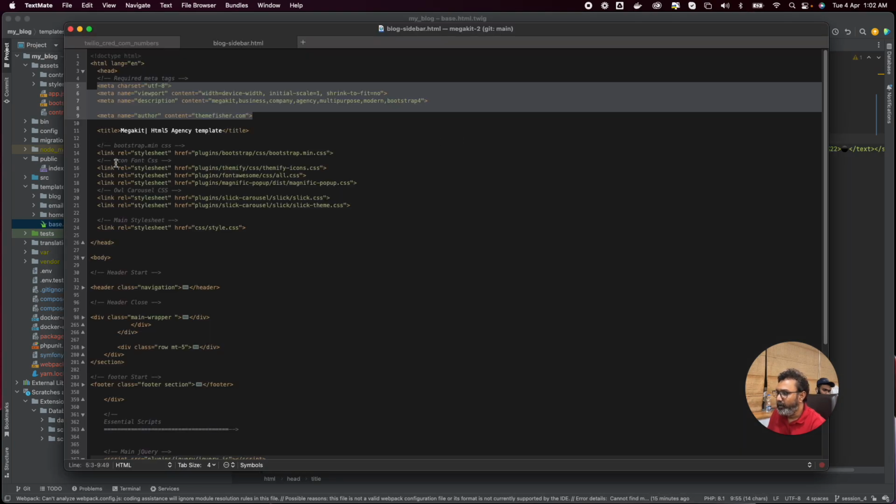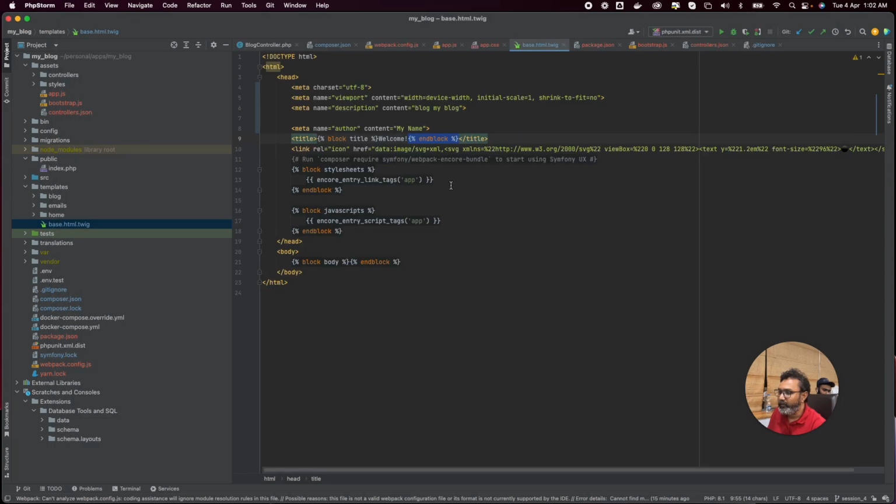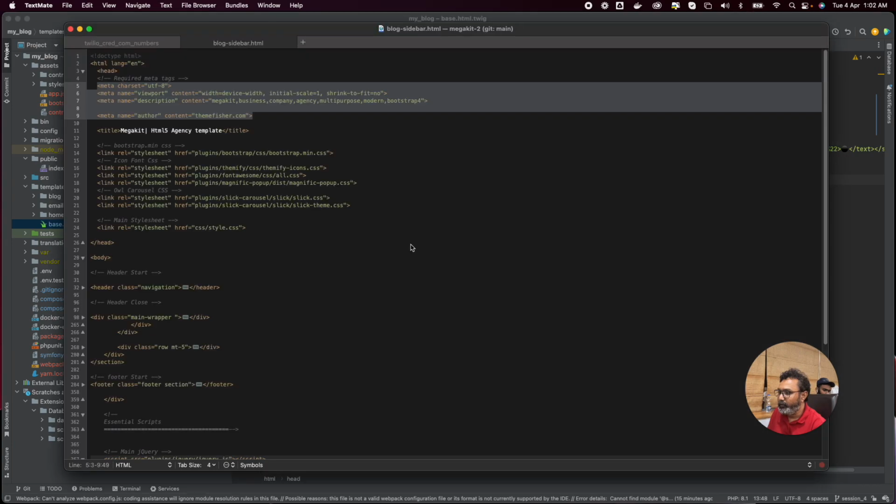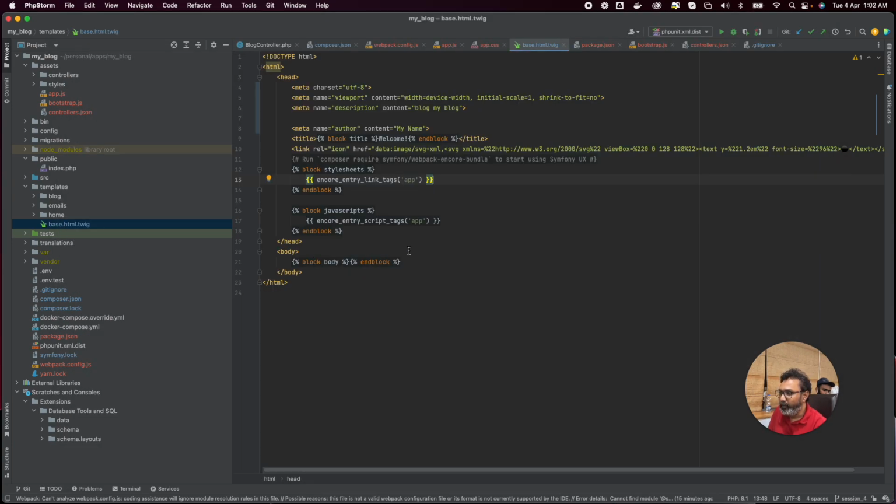Title is fine. And the next thing is we are giving the style sheets. So it will come from app, and finally we will have only body like this. Okay. So now